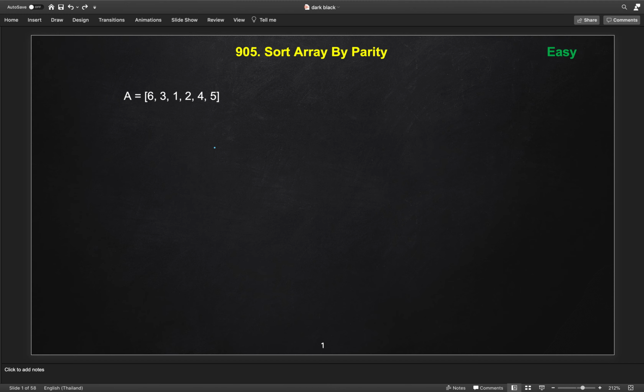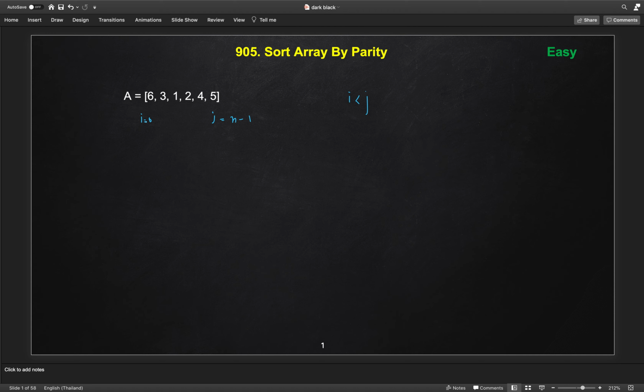So let's understand this problem. We will solve it using the two pointer approach. For the first pointer, we will start i equals 0, which is the start of the array, and for the other pointer we will start j from the end of the array, which is length n minus 1. We will loop over this array until i is less than j, where i will track all the even numbers at the start of the array, and j will track all the odd numbers from the end, and if that is not the case, we will swap the elements.